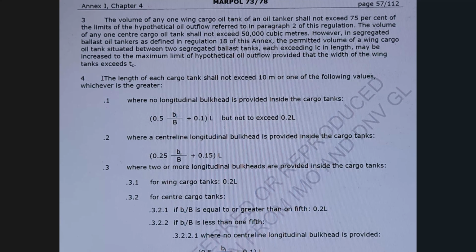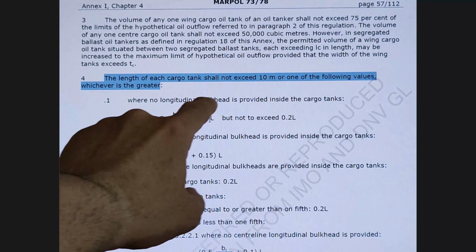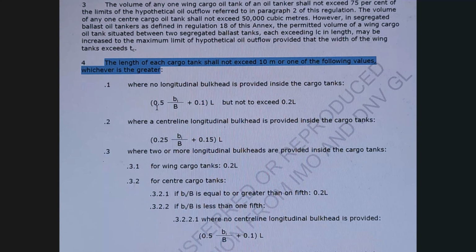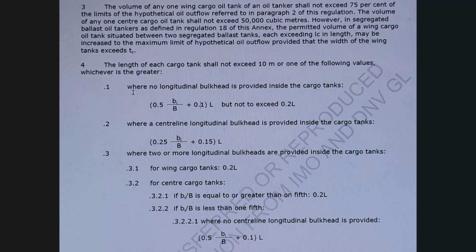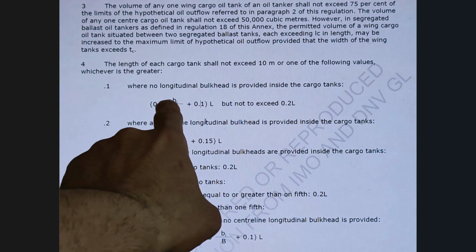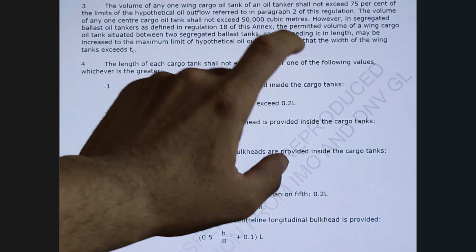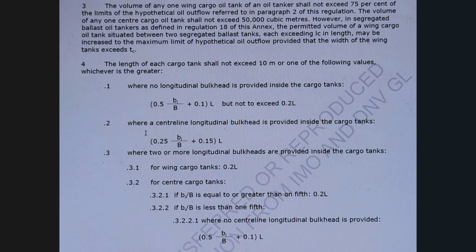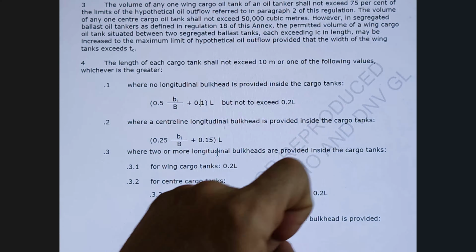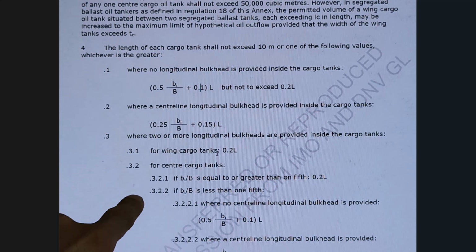And the third provision is telling that the length of each cargo tank shall not exceed 10 meter or one of the following values, whichever is greater. And here, as you can see, it is giving you that where no longitudinal bulkhead is provided inside the cargo tank, then this figure, but not to exceed 0.2 multiple length of the ship. And we gave the definition for the length, remember. Where a center line longitudinal bulkhead is provided inside the cargo tank, then by this formula. Where two or more longitudinal bulkheads are provided inside the cargo tanks, then giving other details also